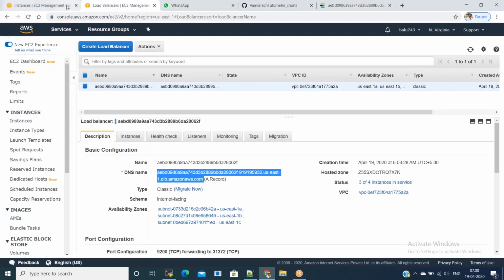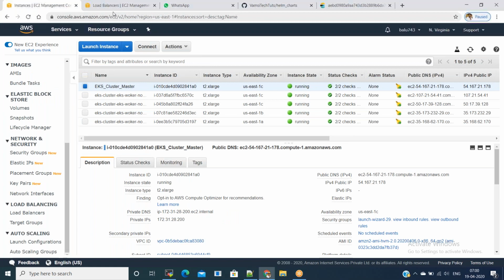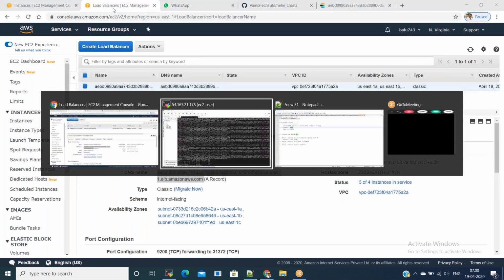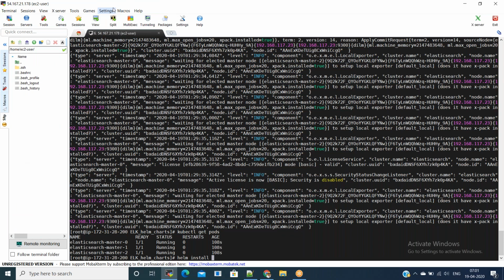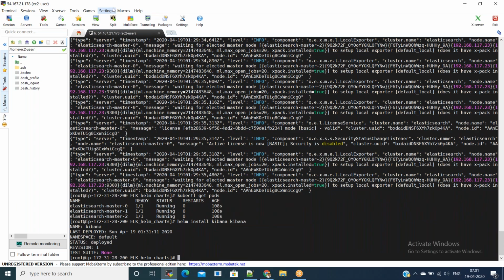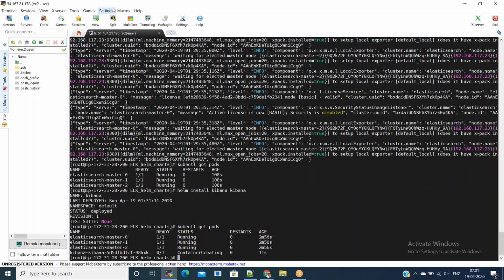Now we will start with Kibana installation using Helm charts. For that, again you need to give helm install kibana followed by the folder name kibana. Again we can see kubectl get pods. It should show the Kibana related pods up and running. Now the status is container creating. We'll wait some time so that it will come to running state.